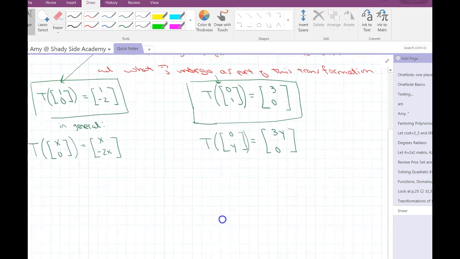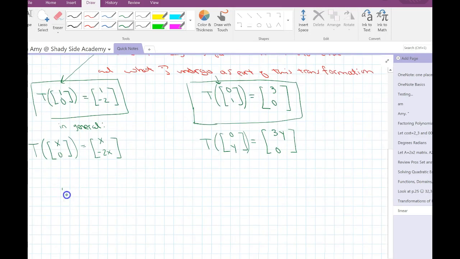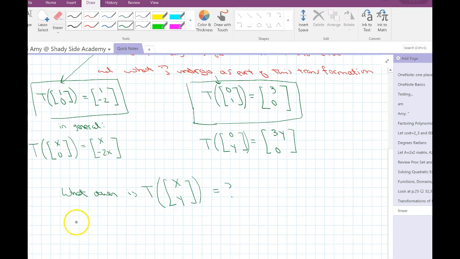Well, here is the question we are trying to answer: what then is the transformation that maps any vector (x, y)? Let's break it down. Since we know that the vector (x, y) equals (x, 0) plus (0, y), or alternatively, in column vector form,